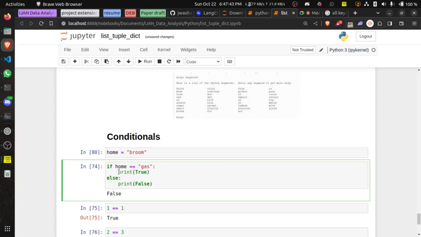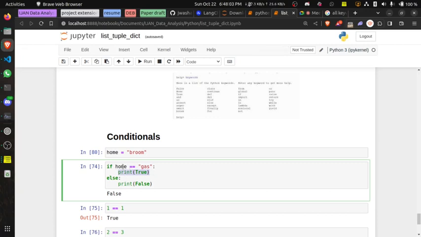I'm going to explain the reason why it does that in a bit, but let's just assume it does this. Then you put your print statement, true. If the condition is true, whatever you have under it will be executed.